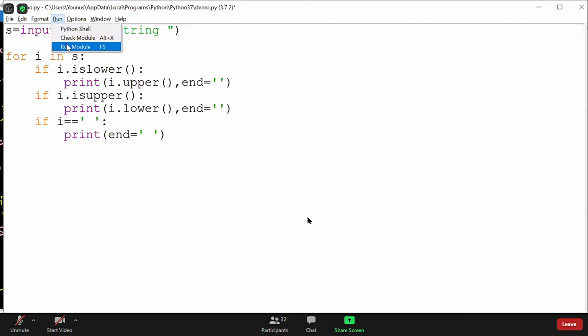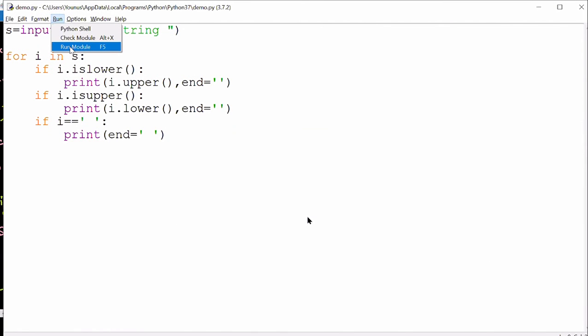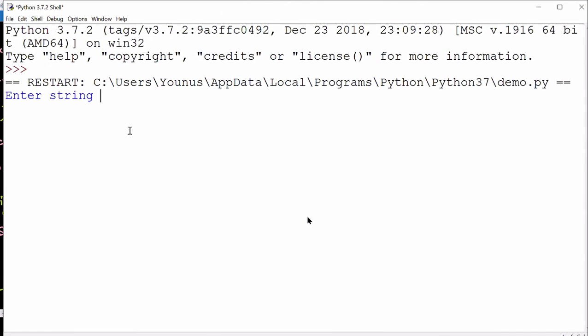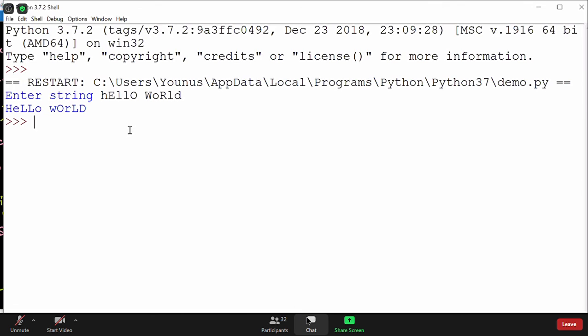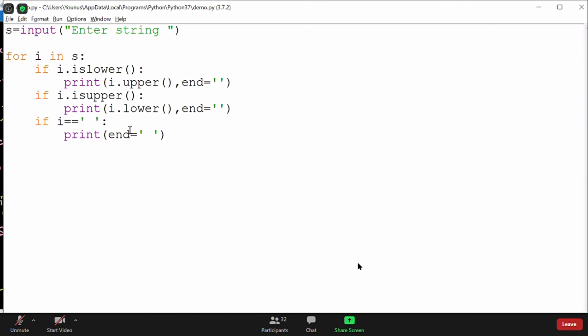Now you see it will work for any sort of string. I think I should close this so that I can show you a fresh screen. Okay, it will work for anything. Now it says HELLO, then WORLD. So you see, whenever it's small, it's making capital, and whenever it's capital, it's making small. Got it, guys? So that's the few small changes I did. So I think we can take else if here. Okay, elif can be paired, so that's perfectly fine.